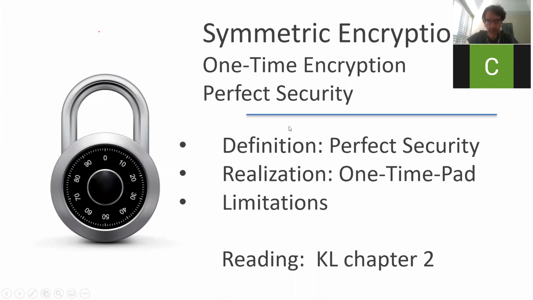Hi, everyone. We move on to chapter 2. At the beginning, the first example we see is information theoretic security and the one-time pad as its realization. And we see limitations of that, and that will essentially position everything else that we are doing, which is that